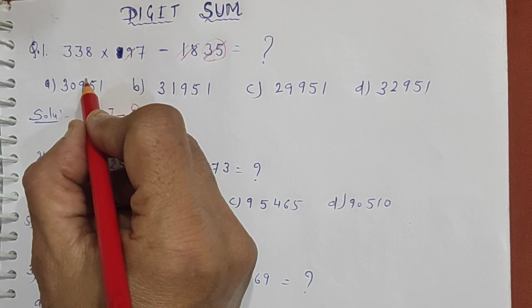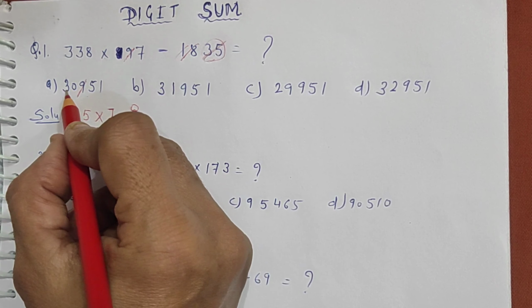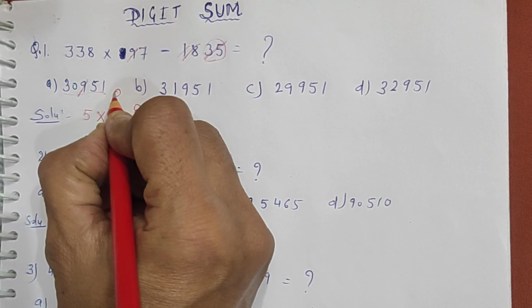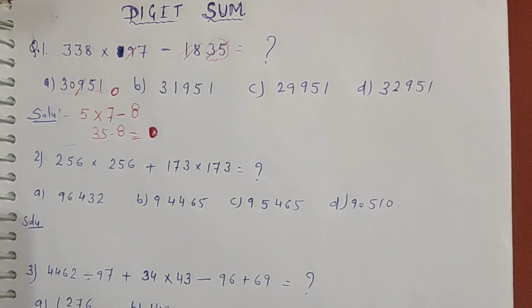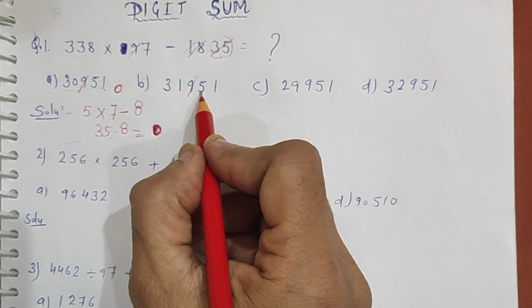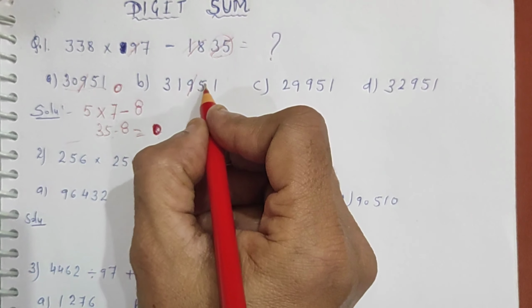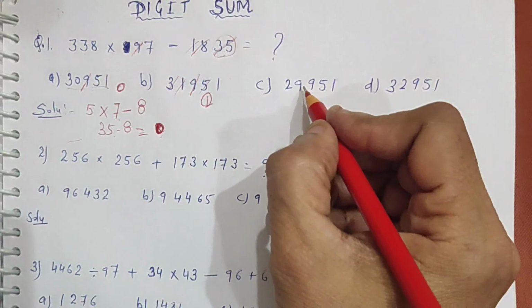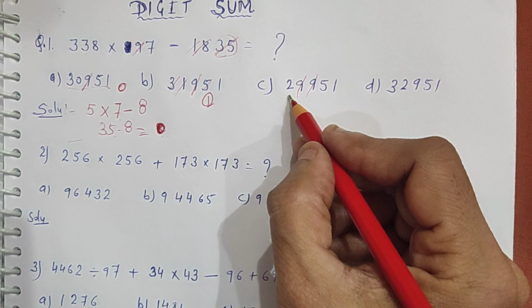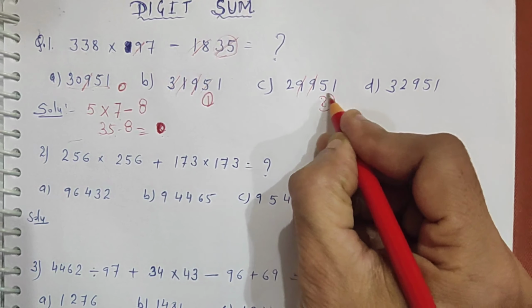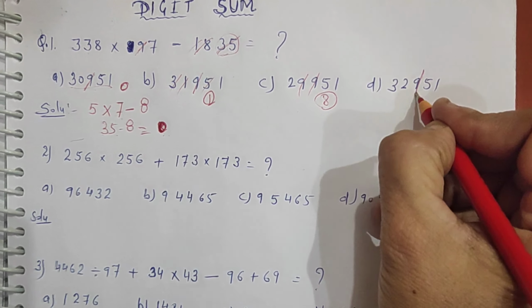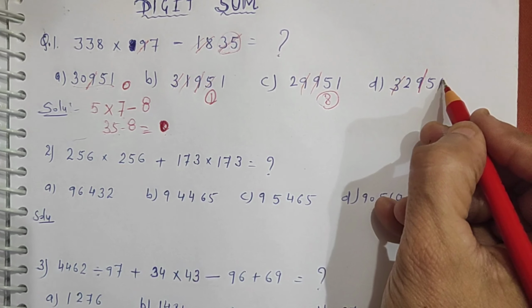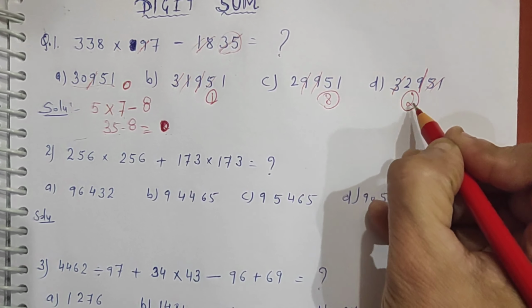If I check this, cancel 9. 5 plus 3 plus 1, that is also 9. And 9 means treat that as 0 because we are getting remainder as 0. This also cancel 9. 5 plus 3, 8 plus 1, 9. So cancel this also. I am left with 1 as my remainder. 9, 9 cancel. 5 plus 2, 7 plus 1, 8. Right? Here cancel 9. 5 plus 6, 6 plus 3 is 9. I am left with remainder 2.